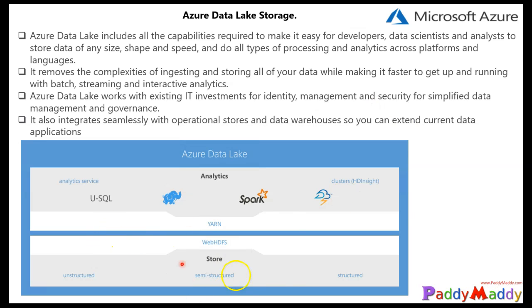And if you see here, you have different tools that can be used within this. Azure Data Lake works with existing IT investments for identifying, managing, and securing, for simplified data management and governance purposes. It also integrates seamlessly with your operational stores and data warehouse, so you can extend current data applications that you have, and we can draw on the experience of working with enterprise customers and running some of the largest scale